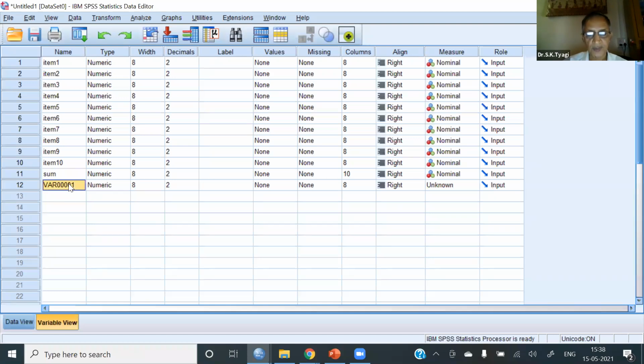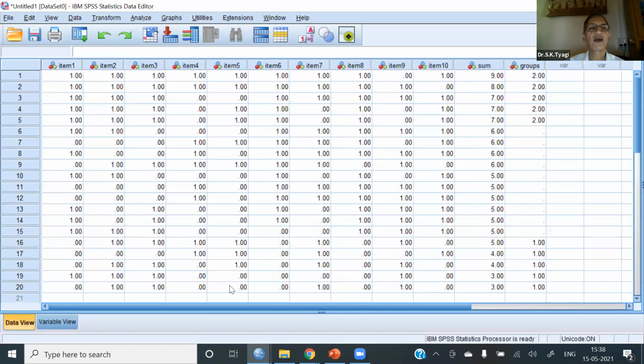So we simply call it group. Come to the data view. Now we have performed this task of identifying the upper ability group and the lower ability group.